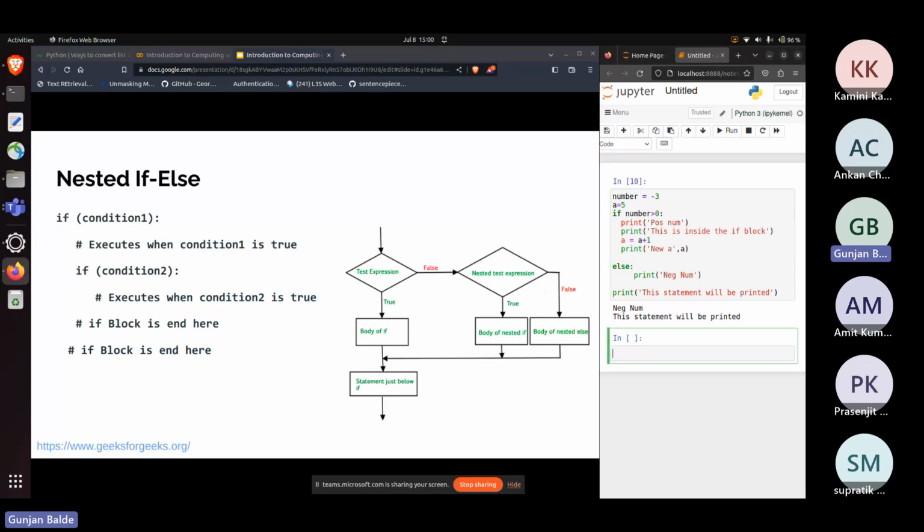So for example, let's say we have two numbers, n equals 5 and m equals 10, and I want to check that if n equals 5, then I have to do something. So I'll print n is 5, and then inside this I will have another if: if m equals 10, then I'll print n is 5 and m is 10,